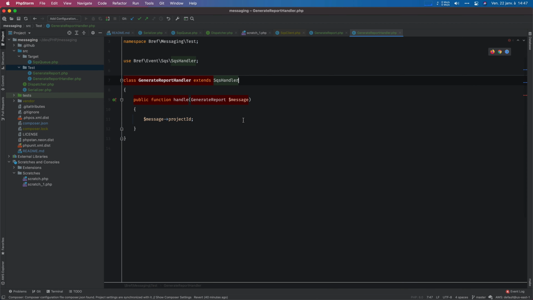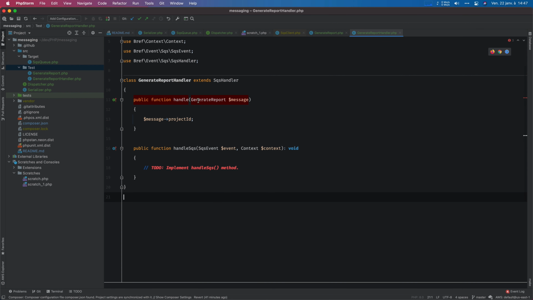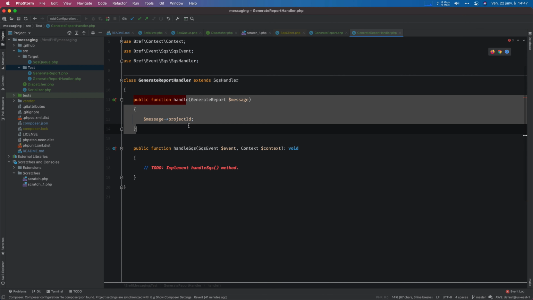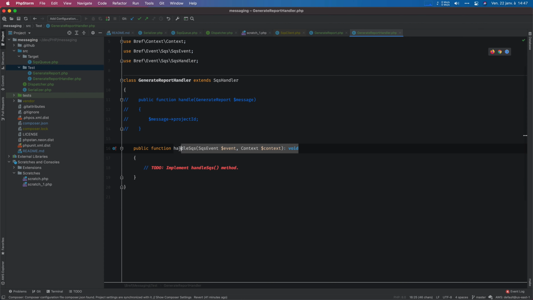And oops, nope, I wanted to add the method. And what we have, so let's command that. It forces us to implement that method with it, which is like handle SQS event. And that event is not at all our generate report class, right? Because,